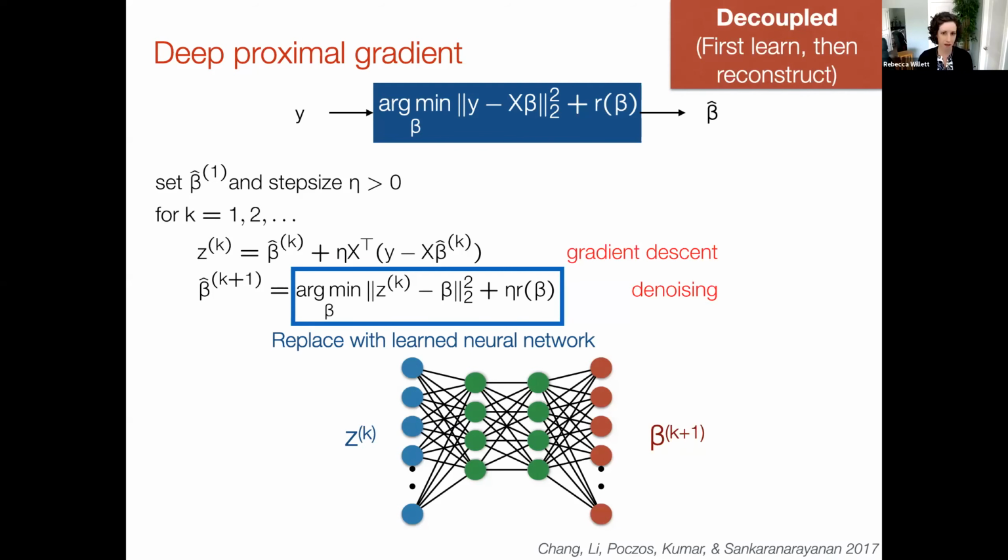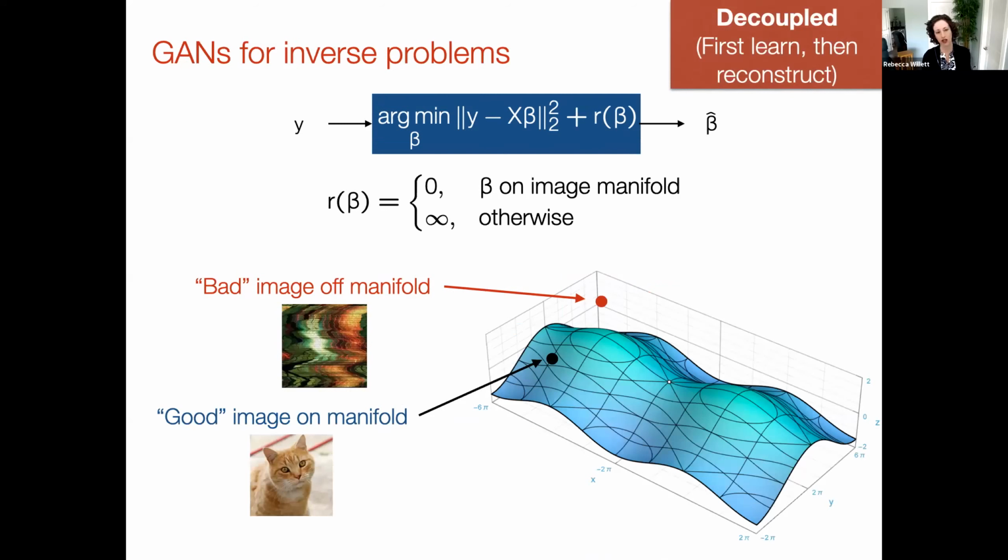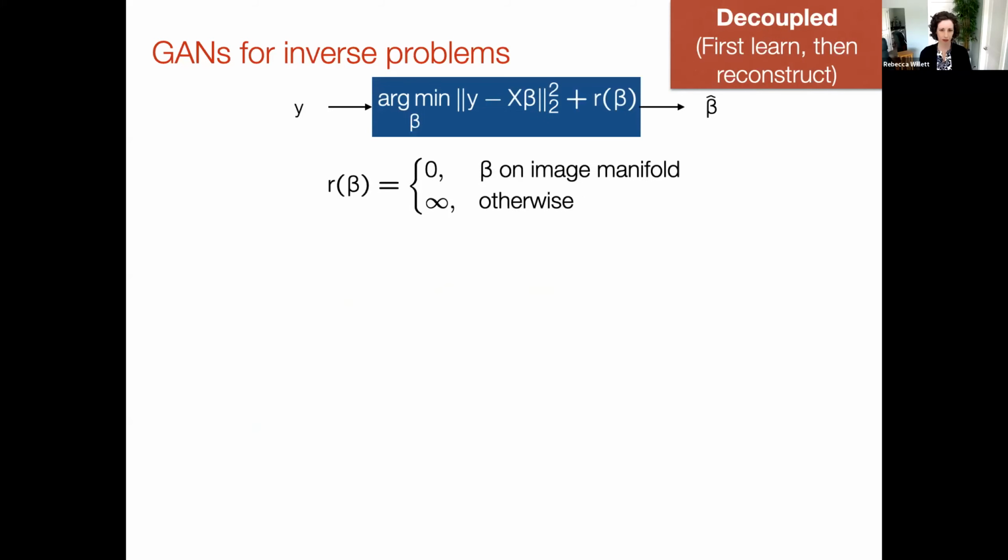Here's another one that's received quite a bit of attention, where the idea is, imagine that all the images we care about lie on some low-dimensional submanifold. And we could imagine in this case then setting a regularizer to be 0 whenever the image is on the manifold that we care about and infinity otherwise. So if that's the case, then we might try to take that knowledge and use training data to learn something about this manifold and then use it within this framework.